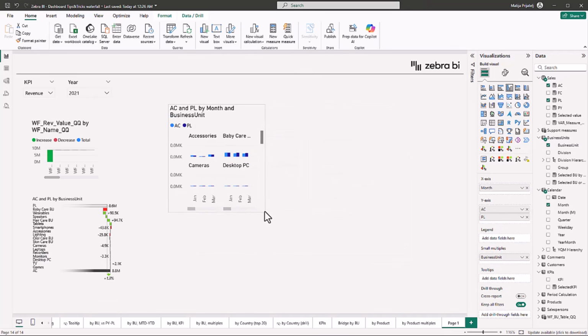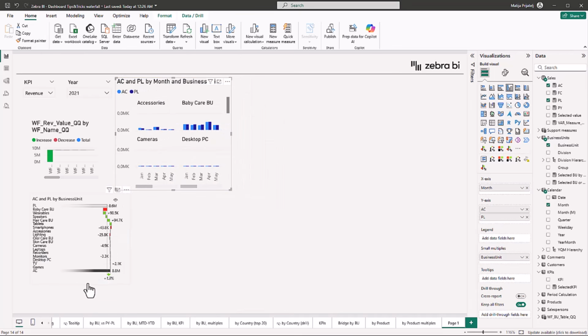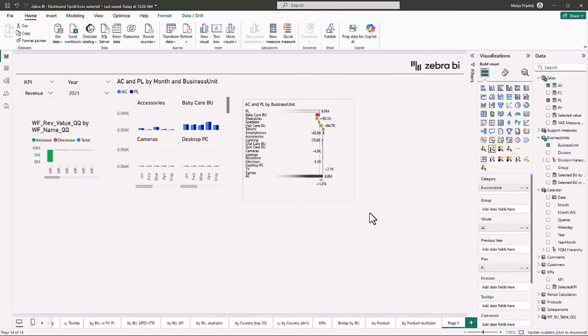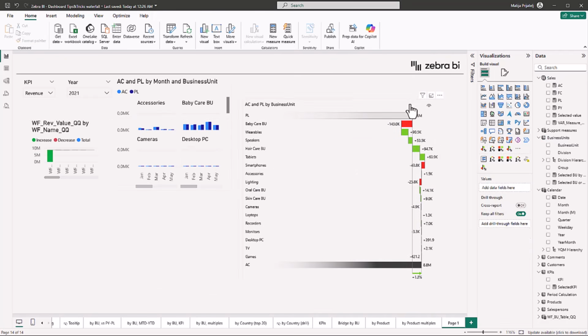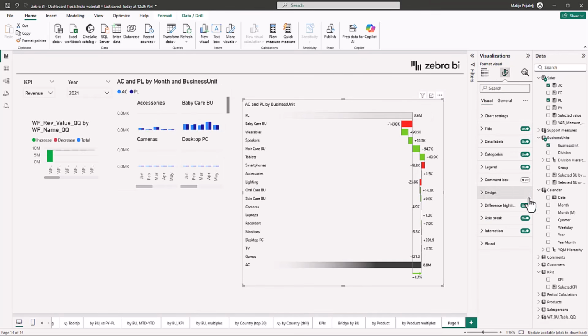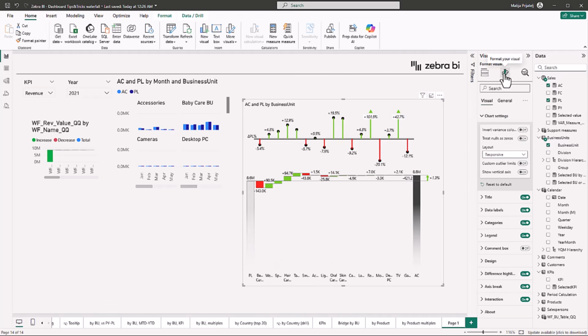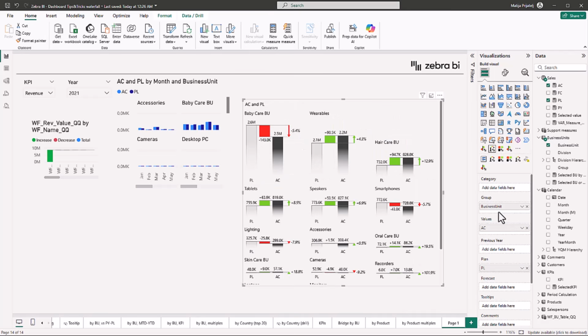Okay, so I'll make this a little bit smaller again, and let's see what we can do with Zebra BI. Now with Zebra BI, I actually don't need to start with another visualization. We can start with what we already have. But now I would actually like to turn my chart back around. I'll go to chart settings and I'll show the vertical axis. I'll turn it off. And now I will take my business unit, put it into groups like that. And I've created my